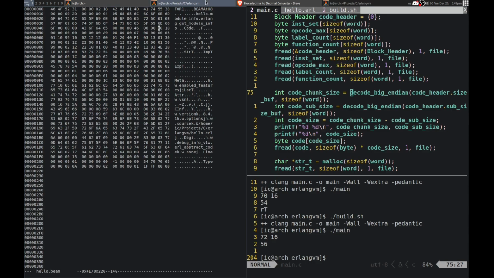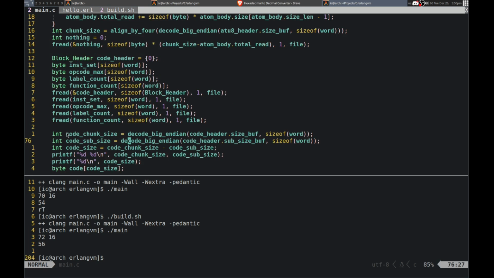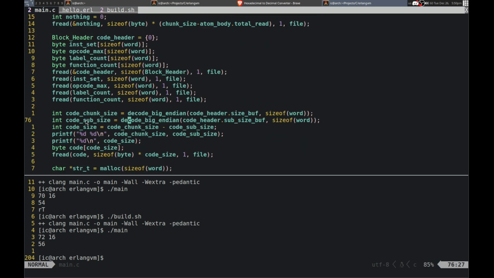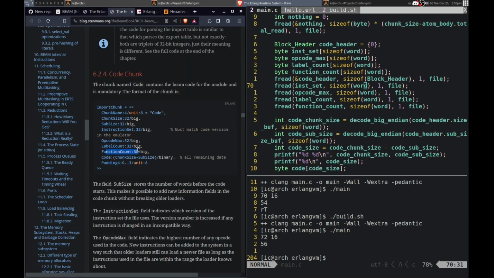So why is it not right? I must be reading one too many of something, because we'd be reading one too far. If we aligned it by 4, it would add 2 to it. So which one of these am I not supposed to be reading? Function count, label count, opcode max, instruction set.